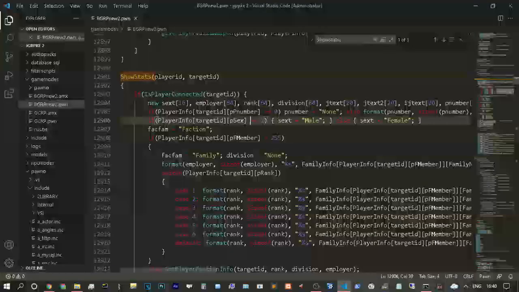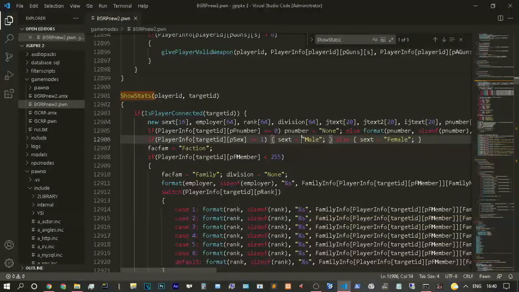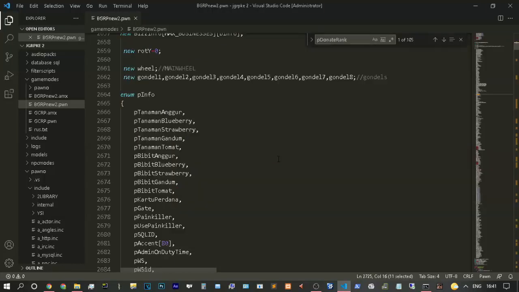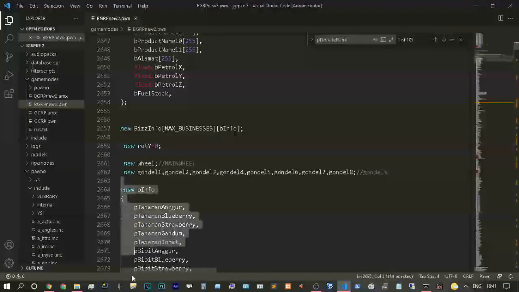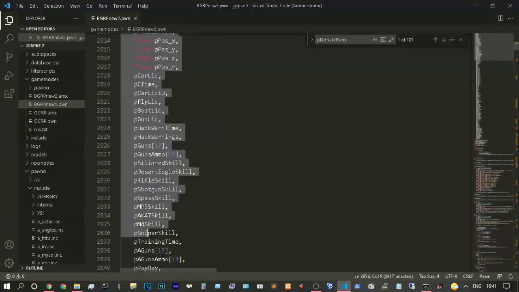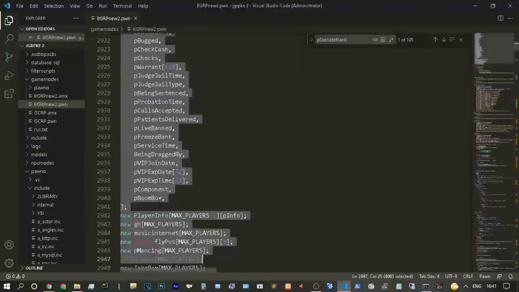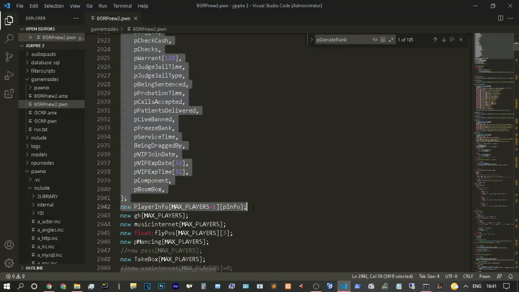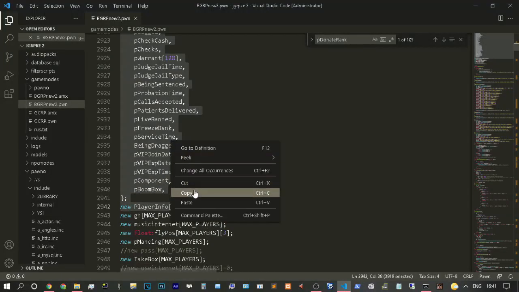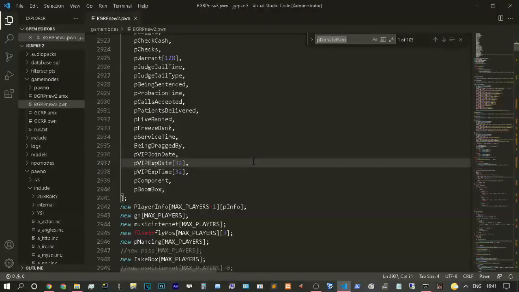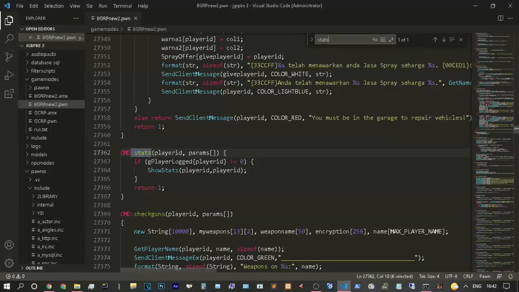At first you can show there will be a switch like this, and if the value is not 1 there will be female like this. So this enum is important to change the statistic, where the statistic actually comes from the enum. And we can go back to cmd stats and go to definition, or just copy